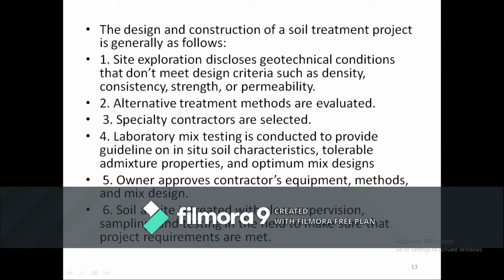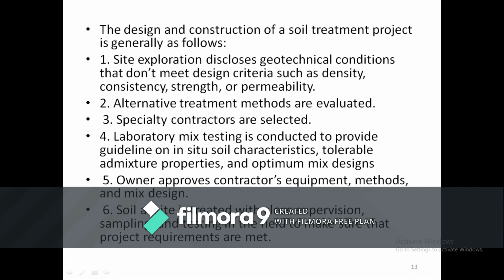We think about the different possible methods for chemical stabilization. In those alternative treatments, we think about the amount of strength as well as the cost. So the economics as well as the stability analysis both come into consideration.